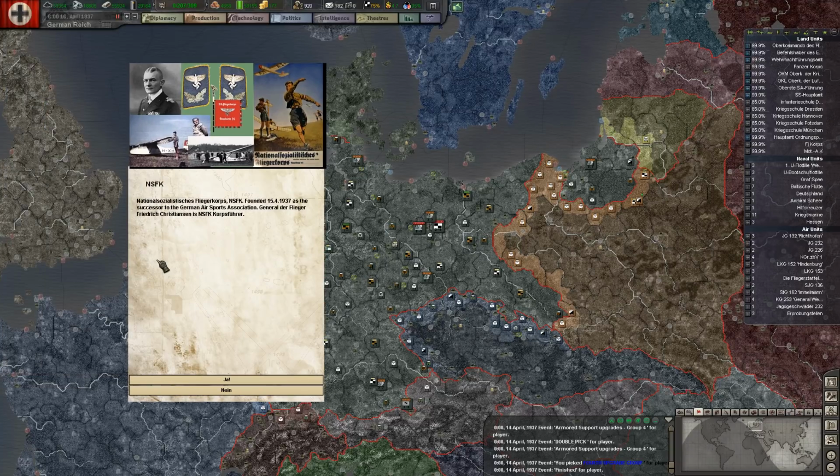The NSFK, the National Socialistische Fliegerkorps, founded April 15th, 1937, as a successor to the German Air Sports Association. The General der Flieger, Friedrich Christiansen, pictured there. That is a naval uniform, so I believe he was a naval flyer. He is the NSFK Korpsführer. So, like it says, to a large degree, it is a name change, and